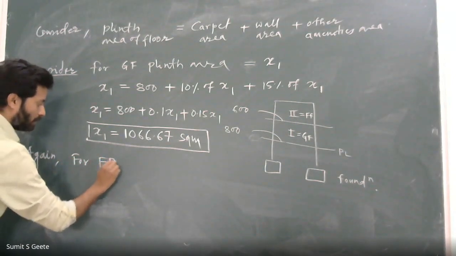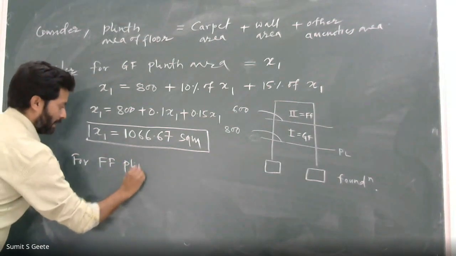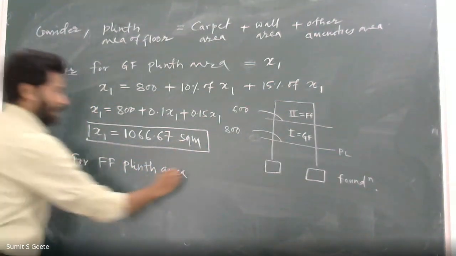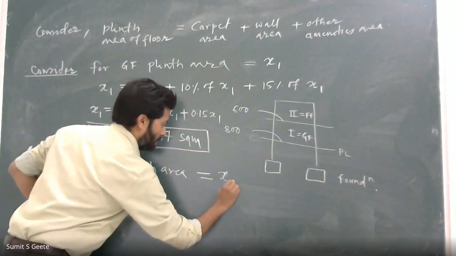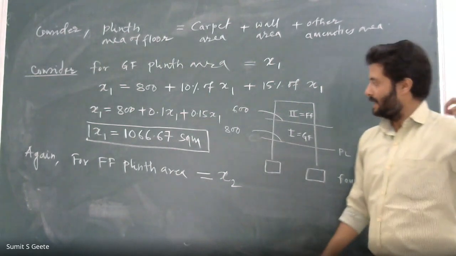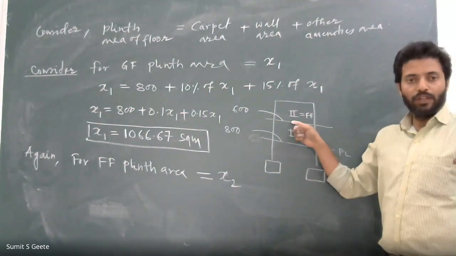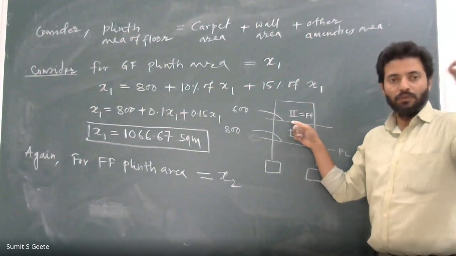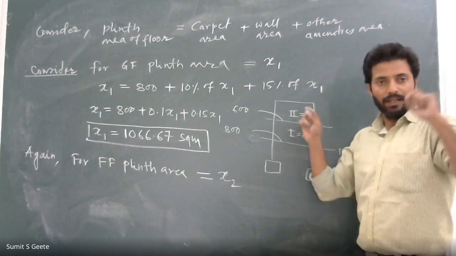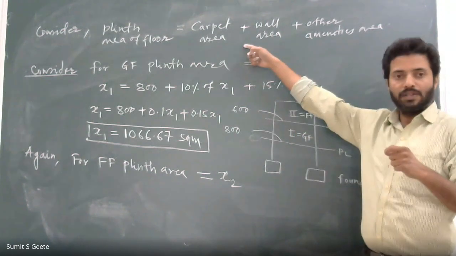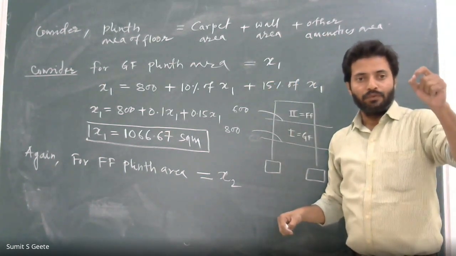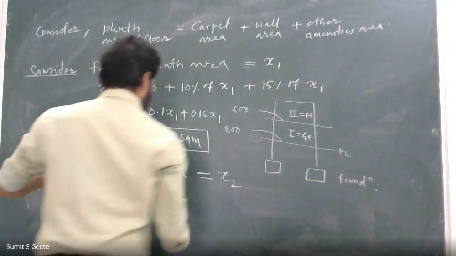For first floor plinth area, consider as x2. Means I am going to find out the plinth area at this particular floor level, right? So what is my equation? My equation is this one. That is the carpet area. So what is the carpet area of first floor? The carpet area of first floor is